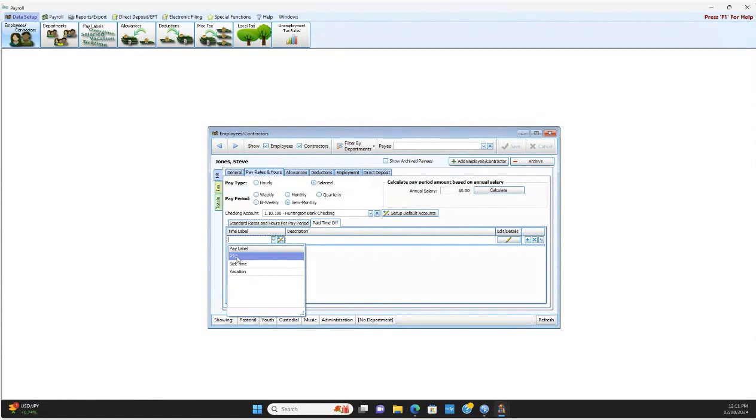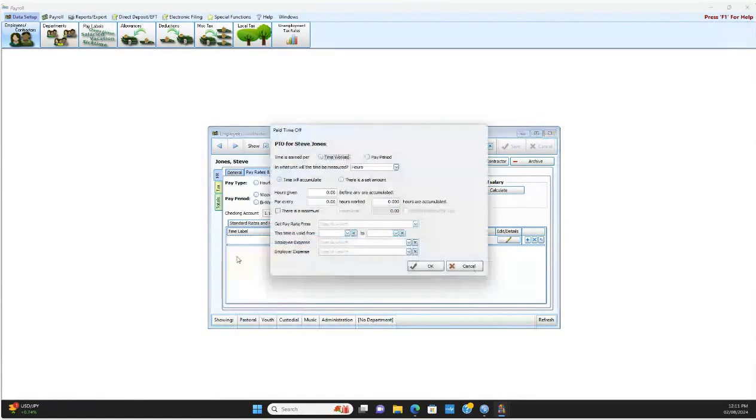So when we click on the respective time label, notice it now opens up the actual control window that allows us to set up the specific parameters for how paid time off is assigned, given, or assessed on a particular employee. Okay, this is where things get to be a little bit tricky, and you need to pay attention, but you need to play with it and test it. Okay, so